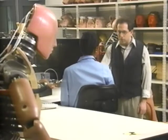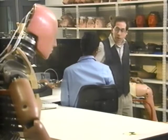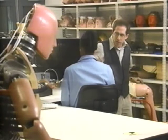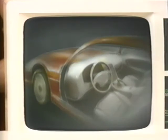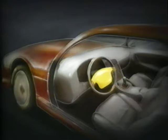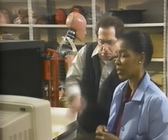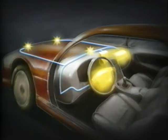Well, there could be several different reasons. First, you need to understand when an airbag is supposed to deploy, because an airbag is not designed to deploy in every crash. It's not. I thought you crash and, poof, your airbag deploys. No. Look, an airbag is a system of three basic parts: the diagnostic unit, the crash sensors, which are here or sometimes here, and the airbag module itself, which is either driver's side or passenger side if the car is so equipped. In a moderate to severe frontal crash, the sensors send a signal to the airbag modules